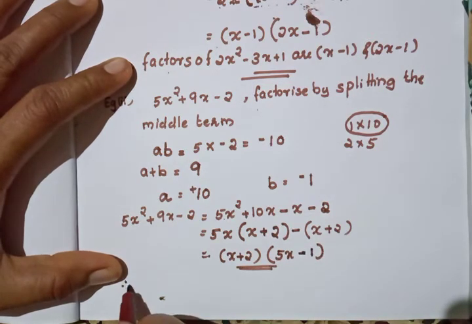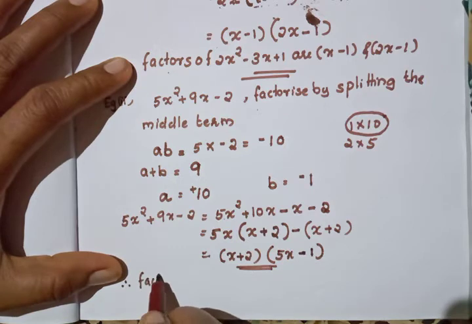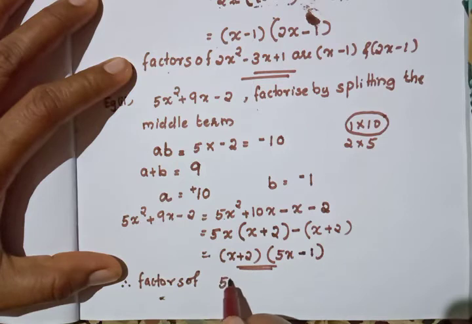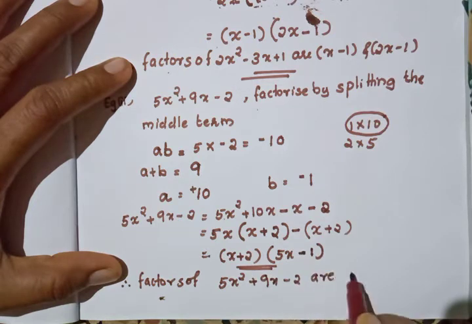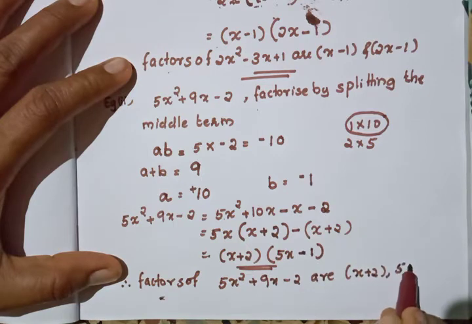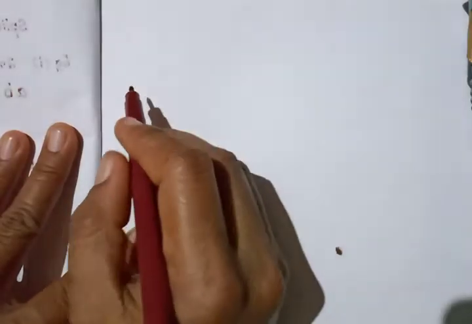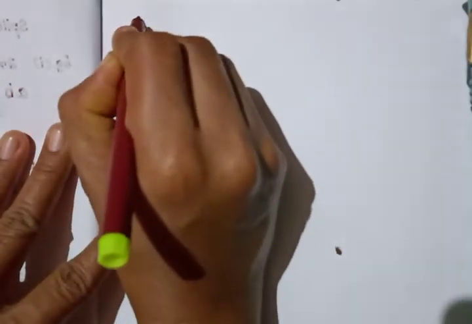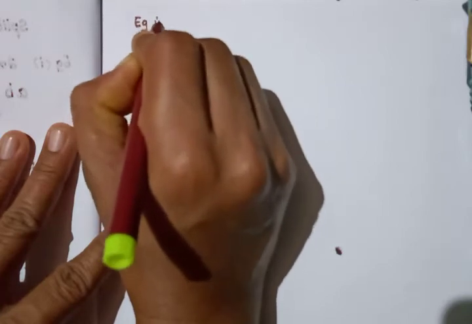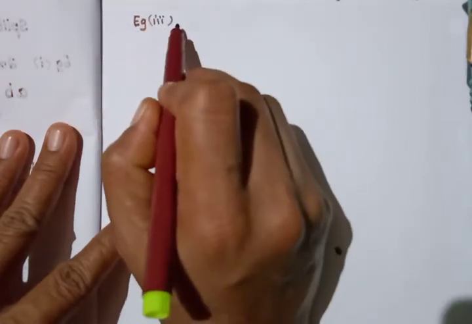Yes. Therefore, factors of 5x square plus 9x minus 2 are x plus 2 and 5x minus 1. Clear? Okay. Now one more question I am going to solve for you. Example third. Okay, the question is